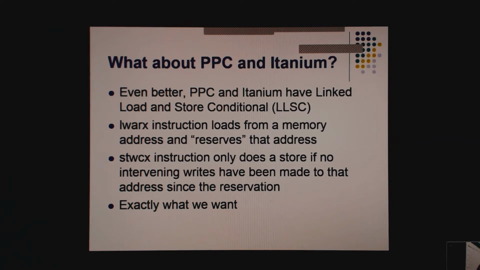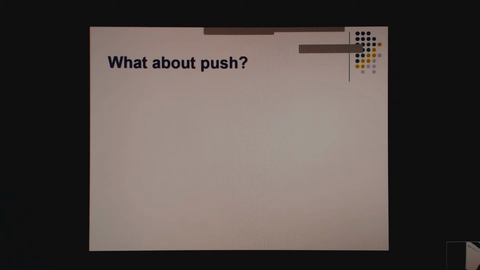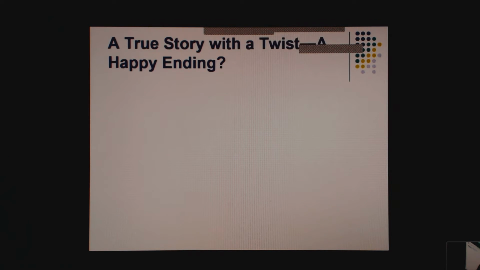How do you make your C++ code portable? Well, C++ lets you check which atomics are lock-free on your particular architecture. So just query if compare and exchange is lock-free to see which is the version you want. Okay.